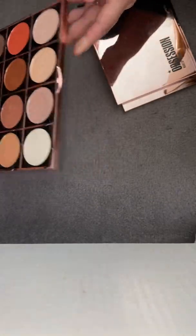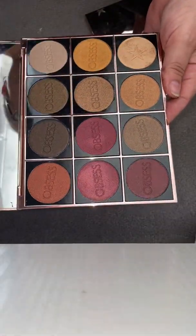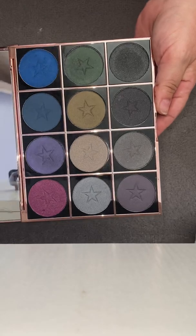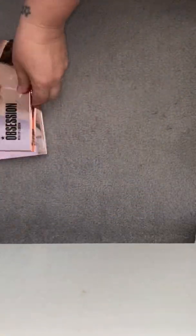So yeah, this was one. There was this one, which is more kind of shimmery colours. That's a highlighter. And then this one I think was the dark colours, yeah. So the dark cool tone ones, but I don't think I've ever used them, but they're nice to have there. And then I've also got